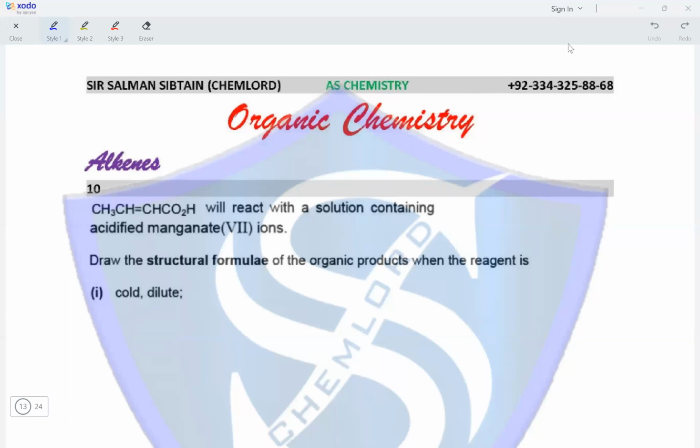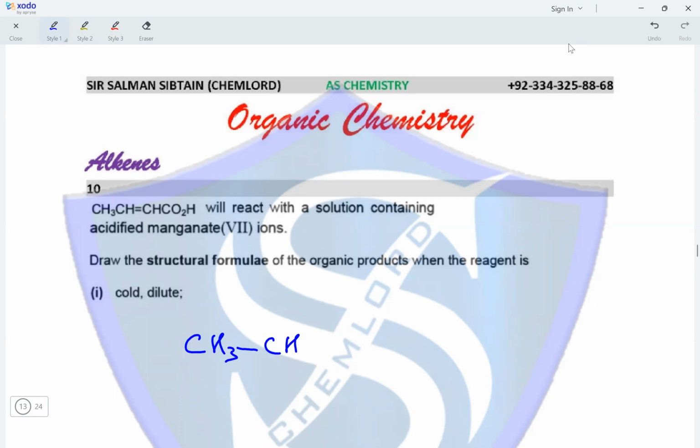Question 10. CH3CH, double bond CH and COOH will react with a solution containing acidified manganate 7 ions. Draw the structural formulae of the organic products when the reagent is cold and dilute. So this results in the formation of a diol. So the product would be